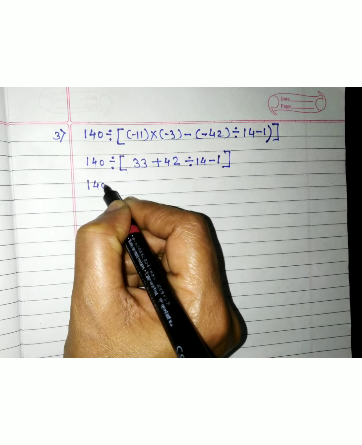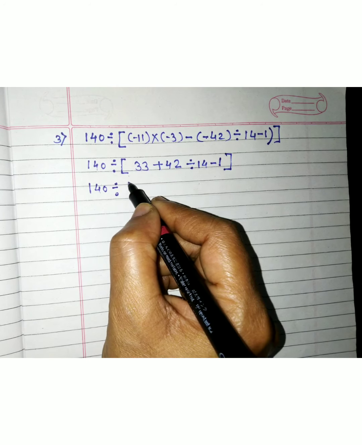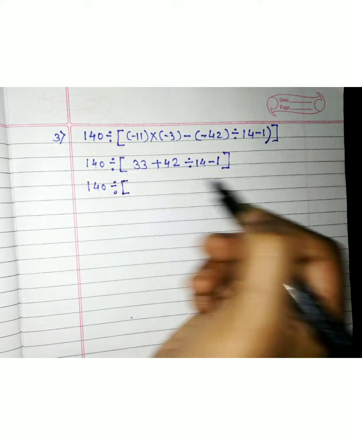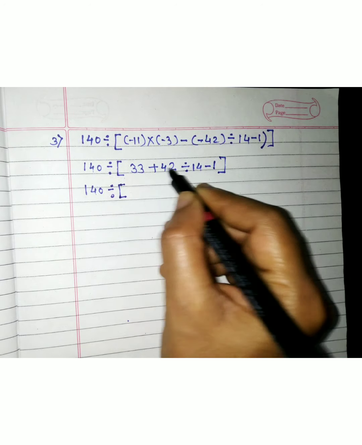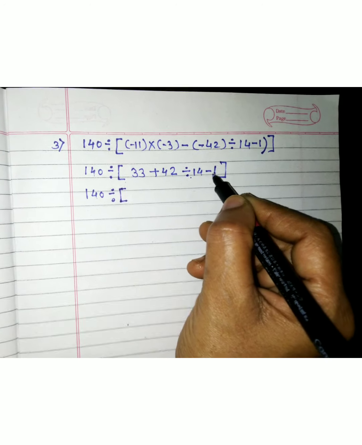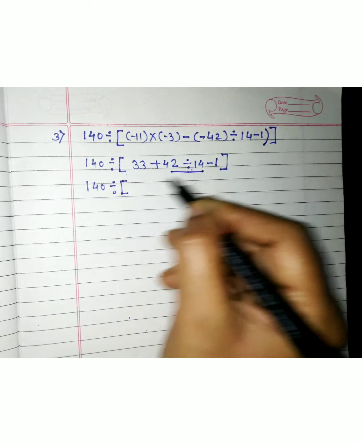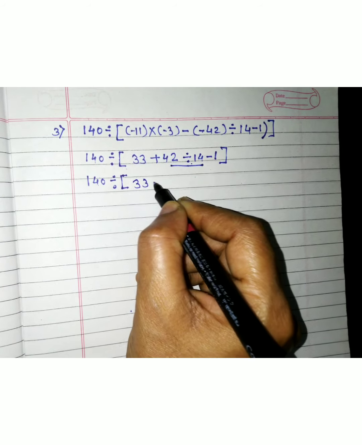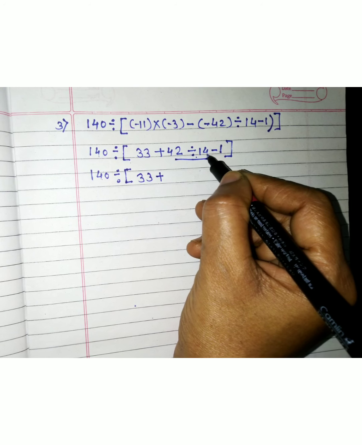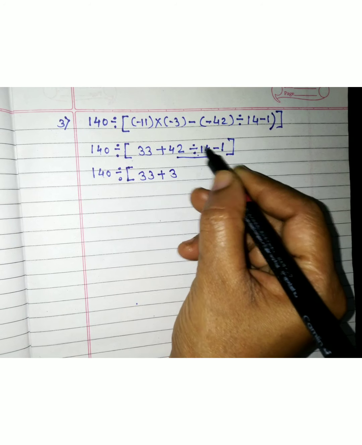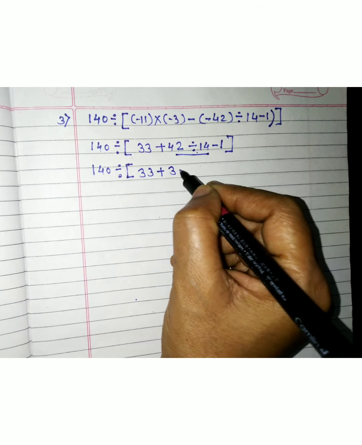So 140 divided by, now addition, division and subtraction, these operations are there. First we will do division. So 42 divided by 14, answer is 3. 14 3s are 42, minus 1,